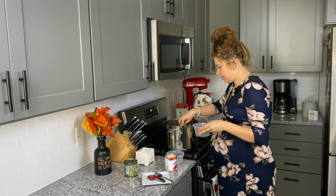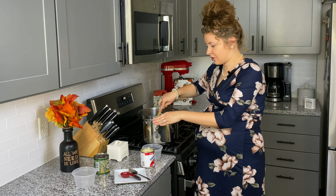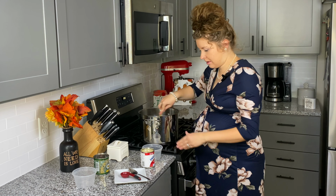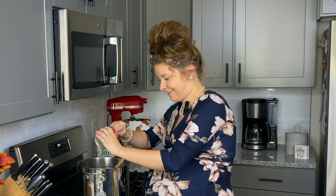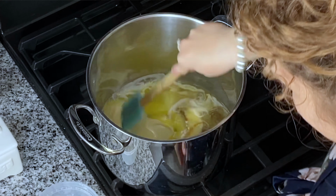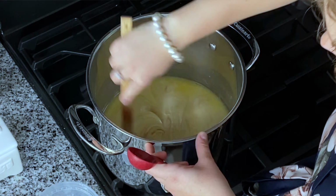All right. To our 1 stick of melted butter here, we're going to add a 1/4 cup of light brown sugar. We do brown sugar here instead of white sugar. It adds that nice molasses flavor that we want and love so much about caramel. We're also going to add a 14-ounce can of sweetened condensed milk. This is a diet caramel. No, it's not. That looks great. Get that together. Keep that on the low heat here. Okay, we've got our light brown sugar in here, so make sure that's all incorporated with your sweetened condensed milk